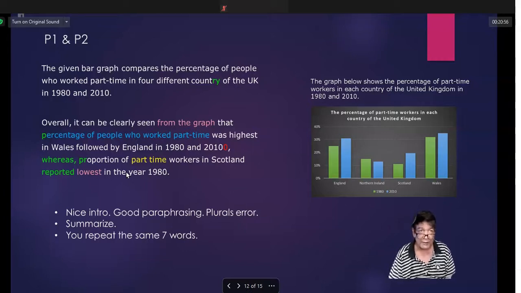So the words from the graph don't add anything to that sentence. So we know it's the graph. Overall, it can be clearly seen that the percentage of people who worked part-time was highest in Wales. Now, it's blue for referencing. I might have even made it yellow for vocabulary, because